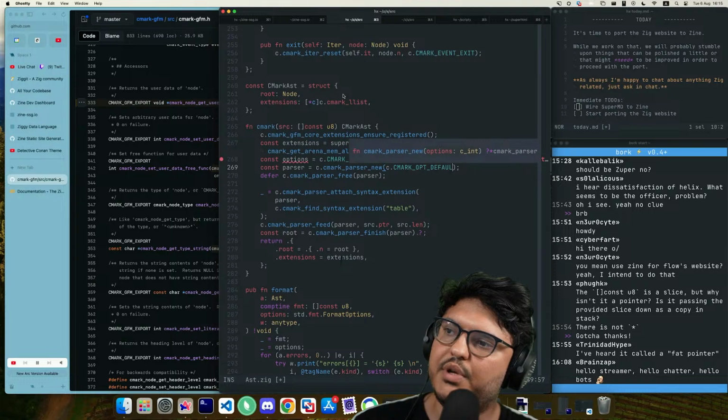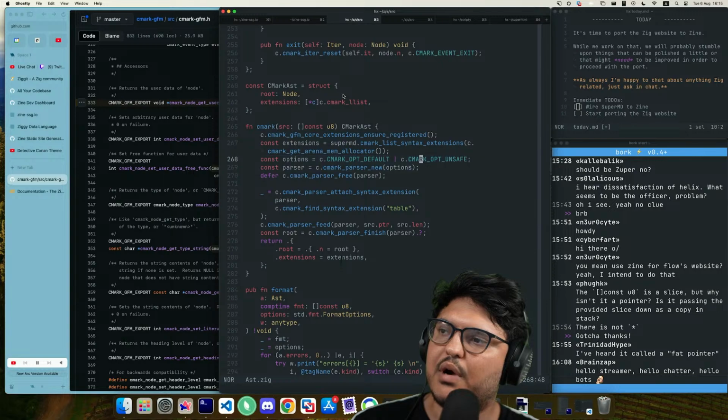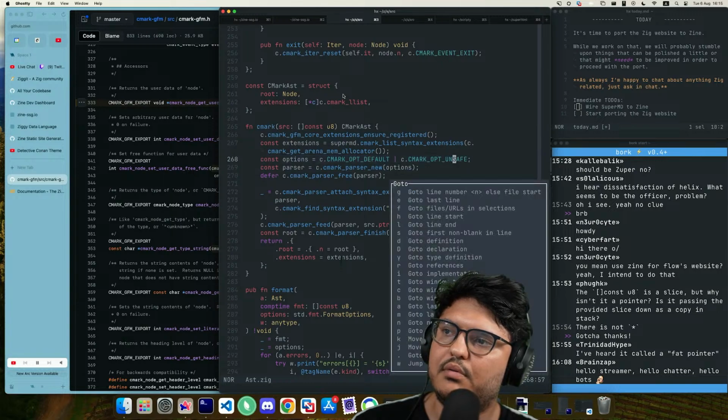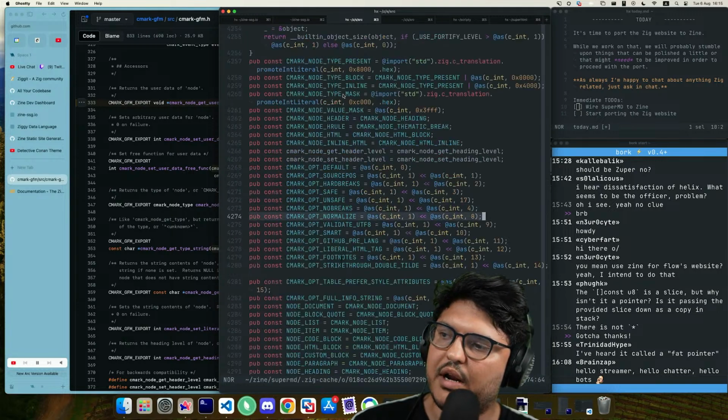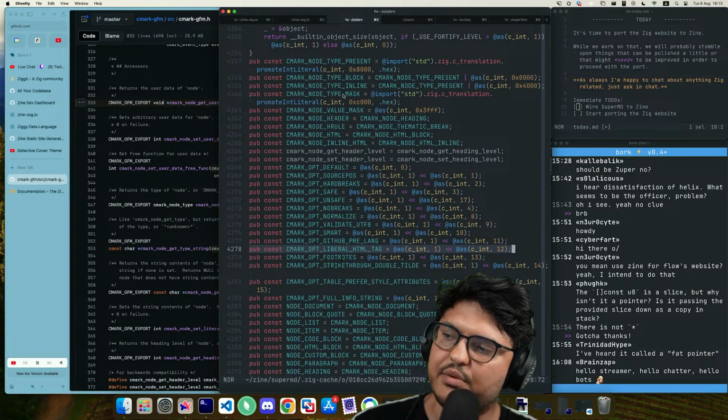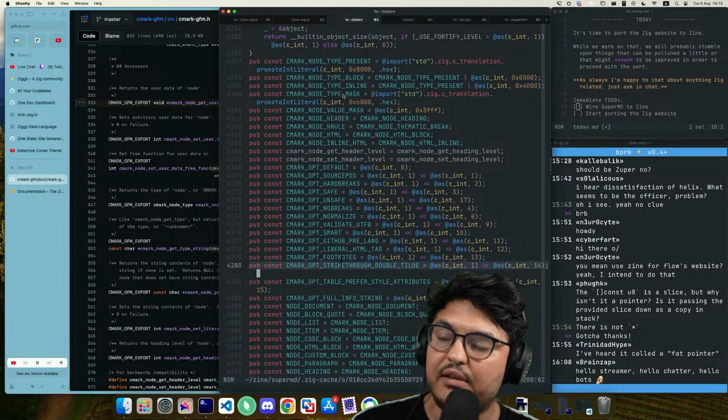But to be honest, I don't think we want opt unsafe, for example. Nobreaks, normalize, validate UTF-8, smart, GitHub pre-lang, literal HTML tag, liberal HTML tag, footnotes, strikethrough double tilde. For example, we want this. I don't support it now, but I want that. Table prefers style attributes.